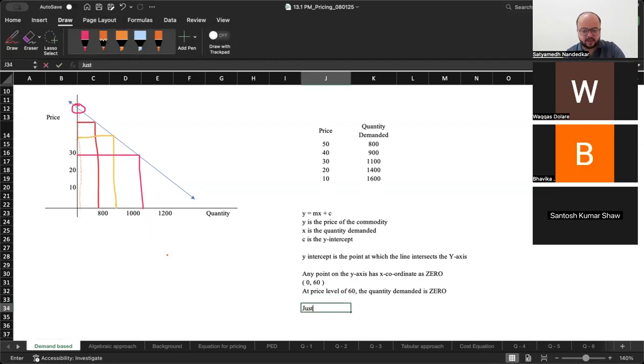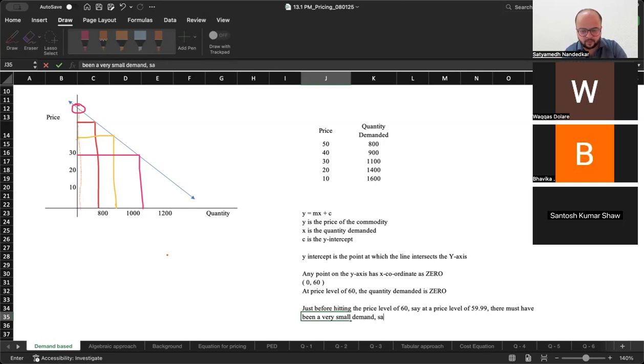Just before hitting the price level of 60, say at 59.99, there must have been a very small demand, say 1 unit. But the moment price hits 60,